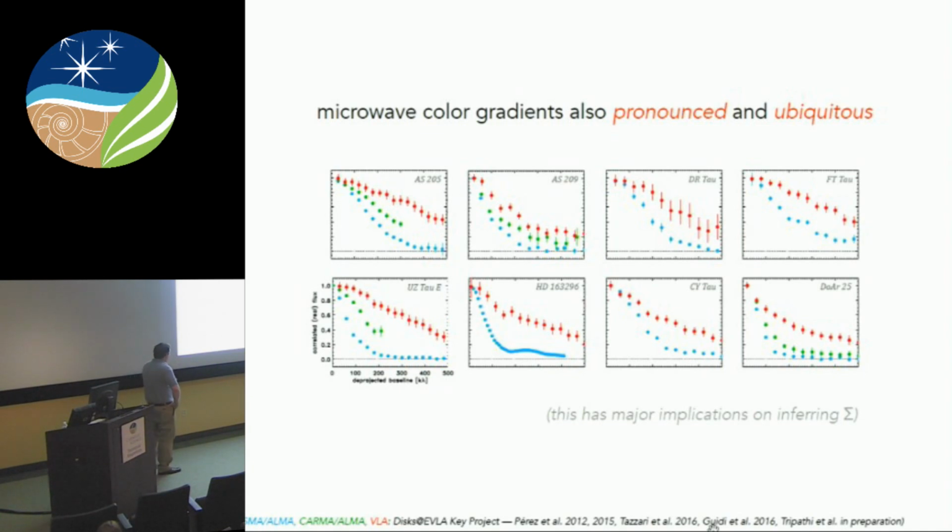And I should note, this is pretty problematic if you ever want to measure the density structure of the solids, right? Because in principle, you can still do that, but it means you actually have to measure the continuum emission at many different frequencies to backtrack out how the particle size distribution actually matters.